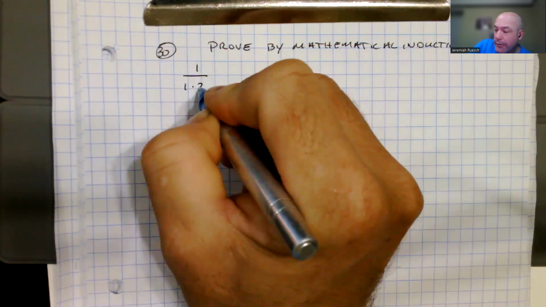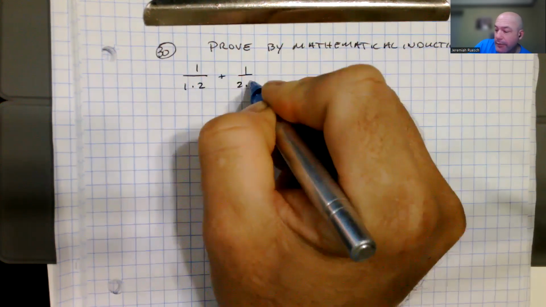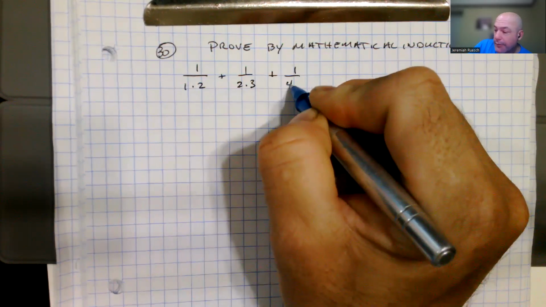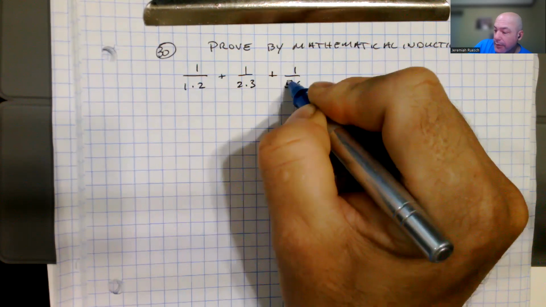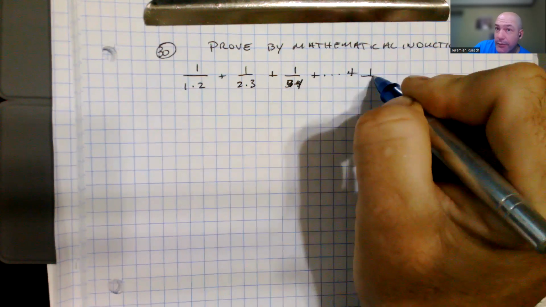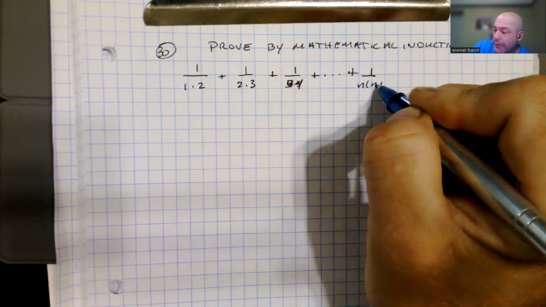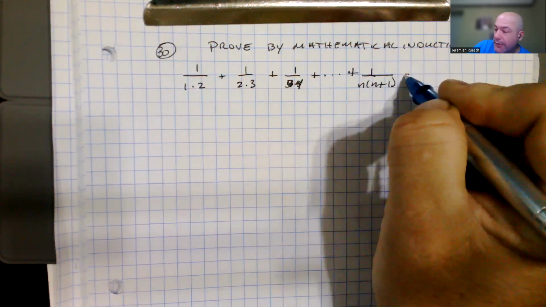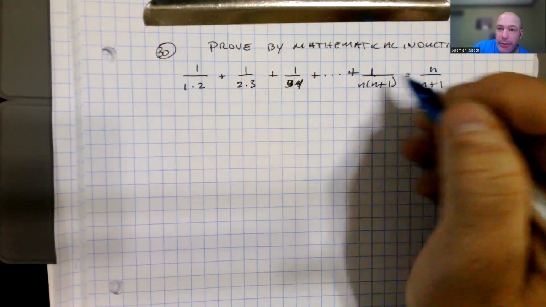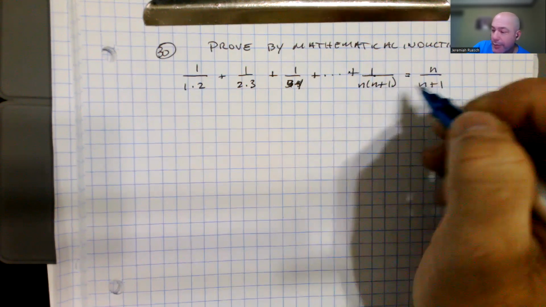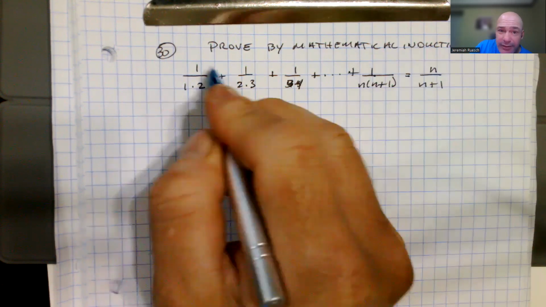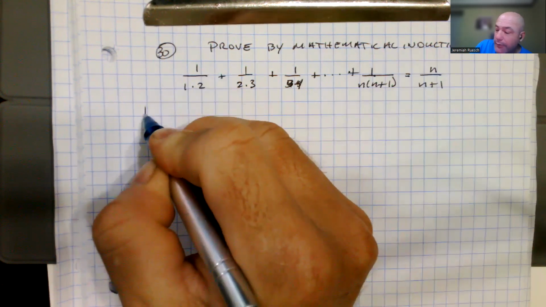One over one times two plus one over two times three plus one over three times four plus dot dot dot plus one over n times n plus one is equal to n over n plus one. So that's what we're trying to show. This is what we're being asked to do. So this is the process of proving by mathematical induction. And so our proof,